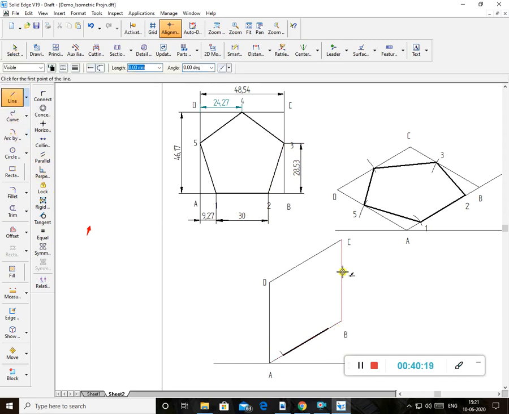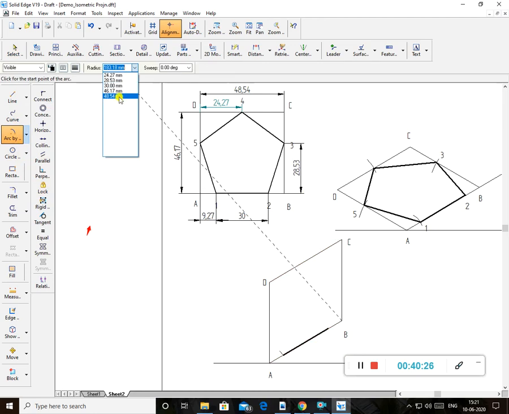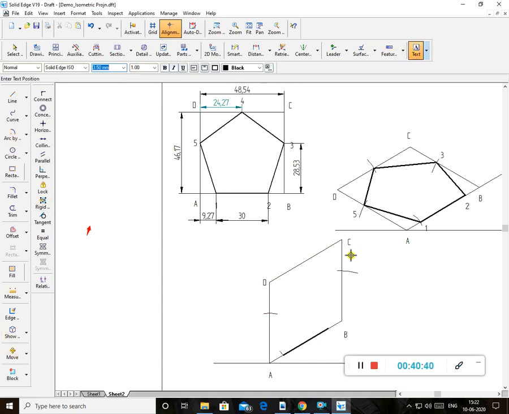Okay. Here you go to the R command. From here 28.53. Draw the arc. Here also the same thing, 28.53. This is 1, this is 2, this is 3, and this is 5.